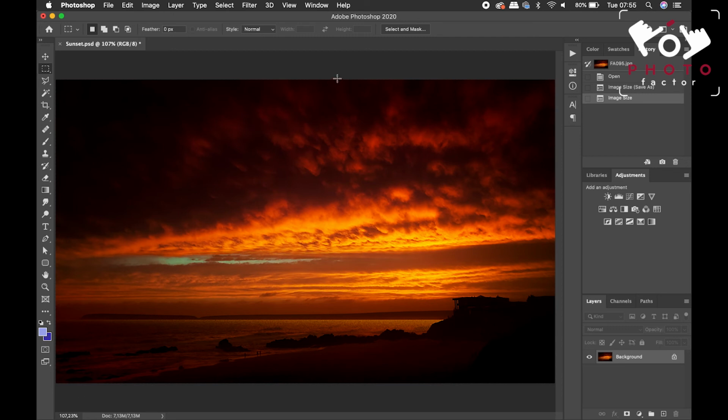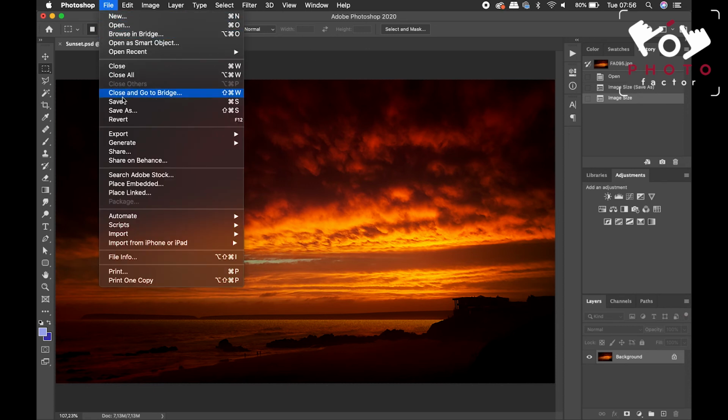Right, now we want to save the image, and we go up to File, and we go to Save As, because if we hit Save, we're going to save over the original file, and we don't want to do that. We want to retain that image at its maximum quality. So we go to Save As,